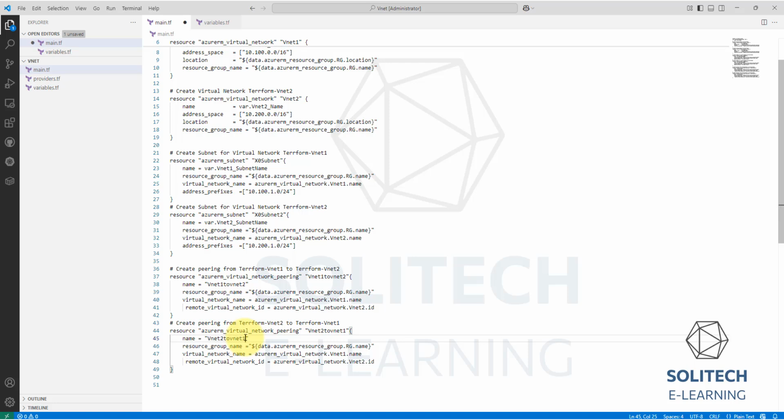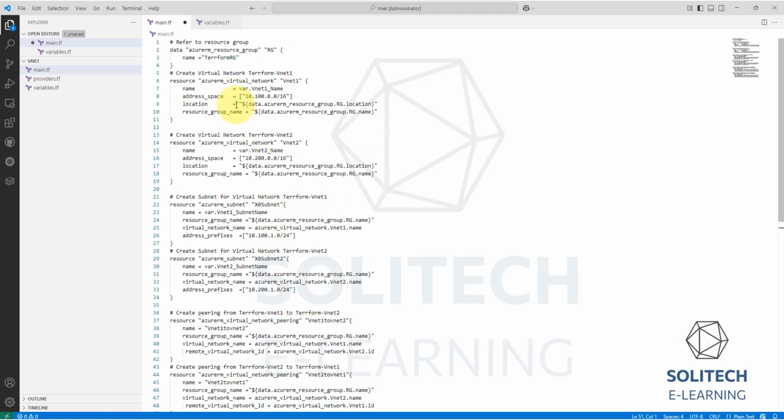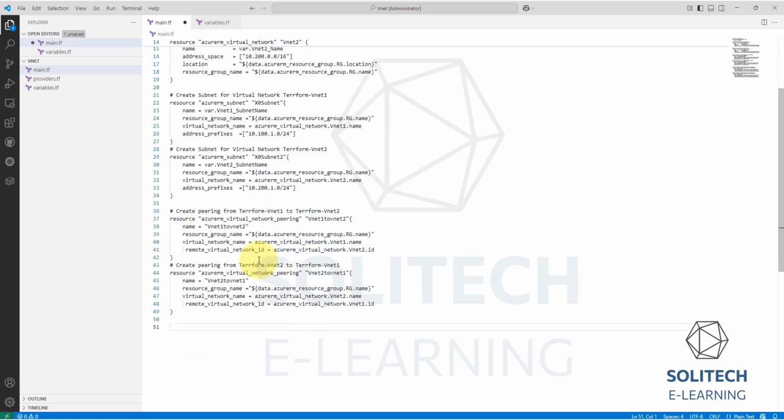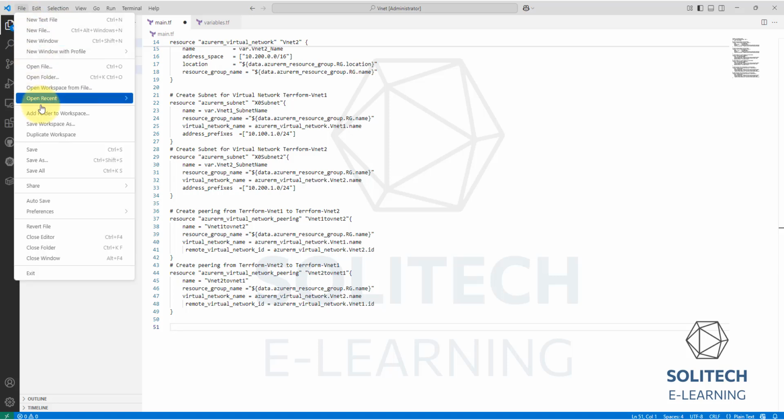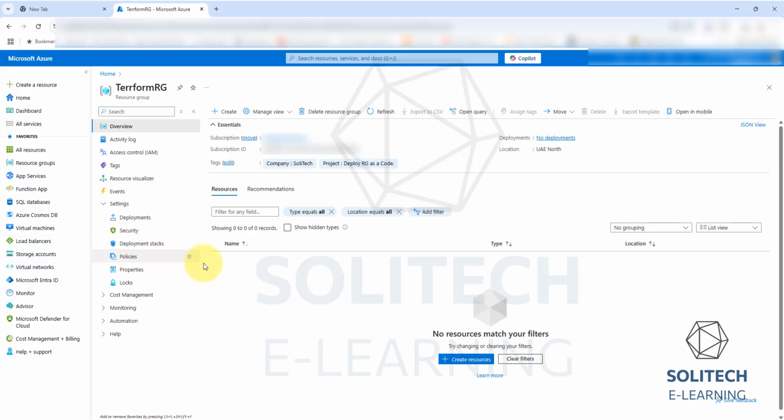Then change virtual_network_name from azurerm_virtual_network.vnet1.name to azurerm_virtual_network.vnet2.name. Then change remote_virtual_network_id from azurerm_virtual_network.vnet2.id to azurerm_virtual_network.vnet1.id. Now, after finishing coding in the main file, go to Azure Portal to check the resource group Terraform RG that